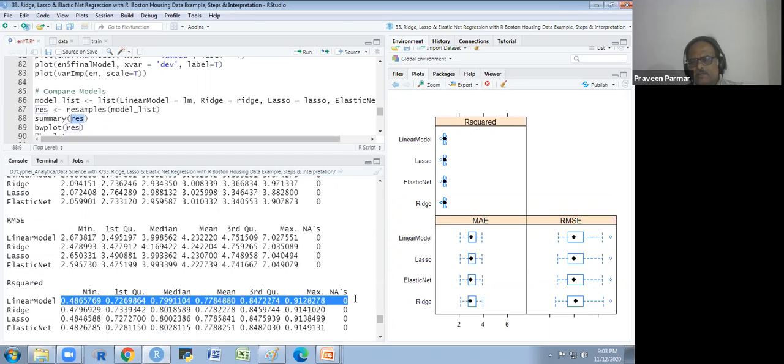R squared comes with each observation. I have created RMSE and MAE as well. This data I have in the results, so I just put that data here. If you put anything else, you will get the plot of that.